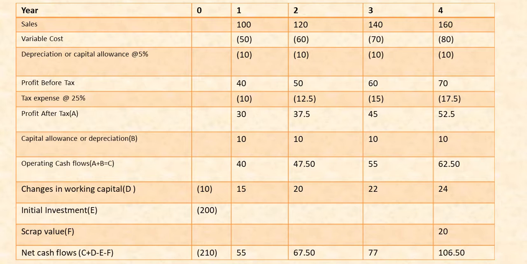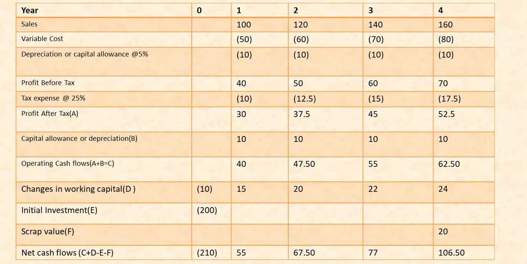How do you calculate the profits? The number one thing is we have to take sales. Always solve your questions in this form. Year 0 will be the cash outflow year, and years 1, 2, 3, 4 are the years in which we'll be getting our inflows. For sales, I have written the sales. Now the costing we have is 50% of these sales. The costing for sales of 100 will be $50,000. For year 2, $120,000 sales, the variable cost will be 50% of $120,000, that will be $60,000. For year 3, it will be 50% of $140,000, $70,000, and so on.